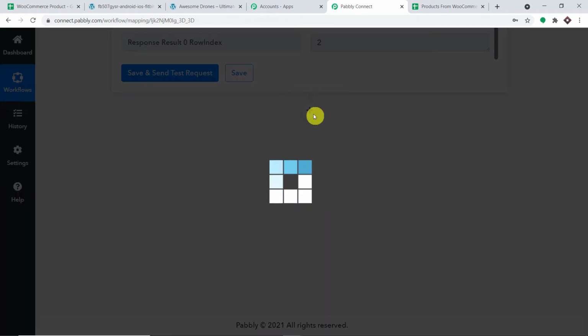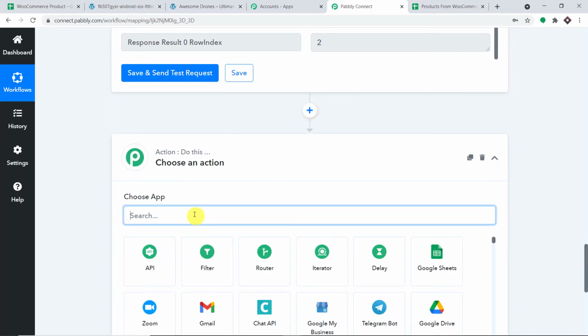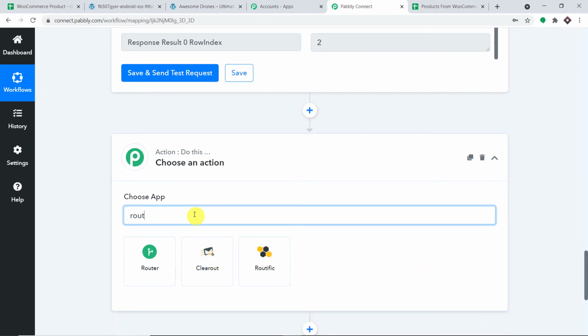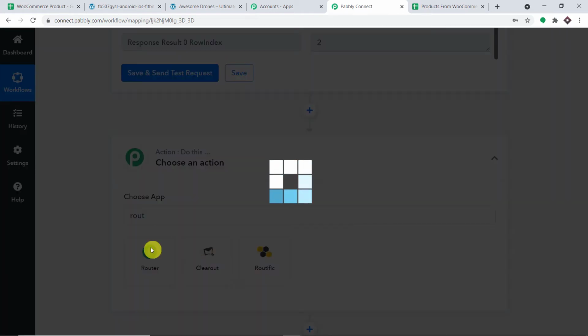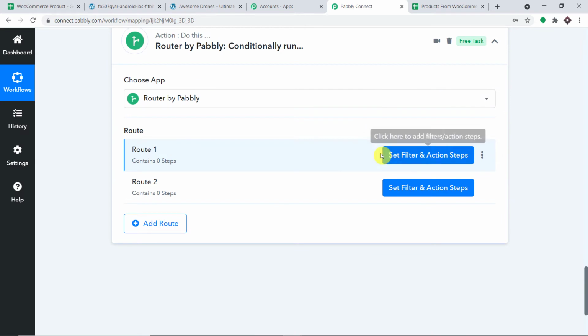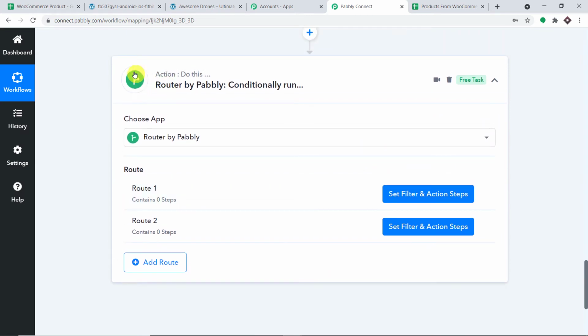To do that, we are going to introduce routers. This is how you do it. You introduce one more action window and here you select router. As you can see, the icon is showing two routes, one going straight and one to the left or right. The purpose of the router is to split the data flow into many different streams according to our choices. The first route, I'm just going to rename this.